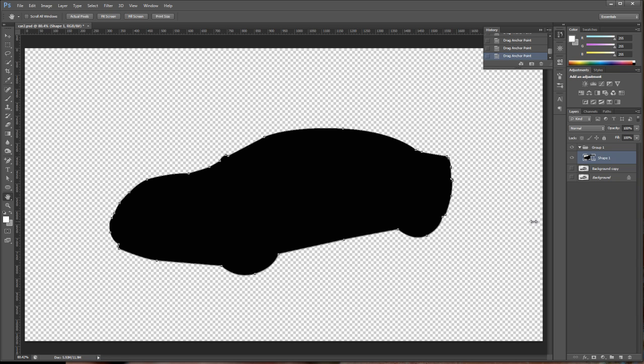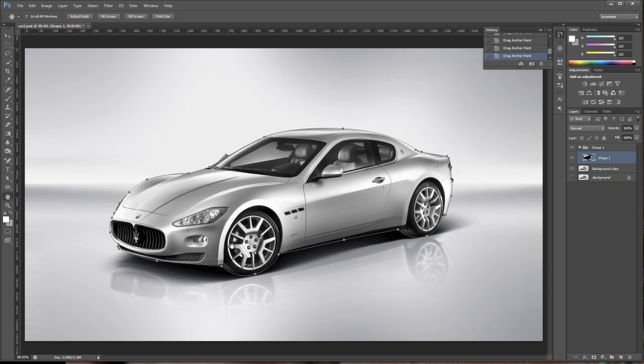Now, the next thing that we're going to do is the outline of the body itself. So without the tires, we're going to do the body itself. And the way we're going to do that is we're going to duplicate this layer here. So let's call this layer, I don't know,